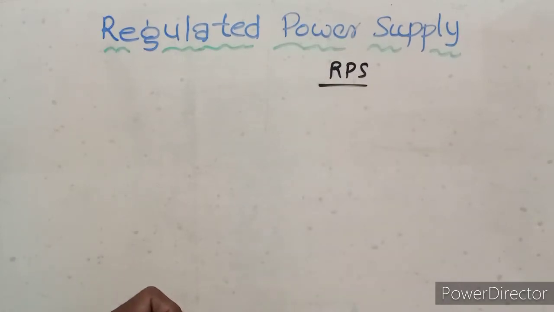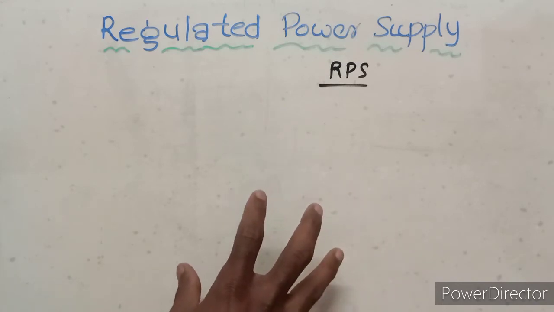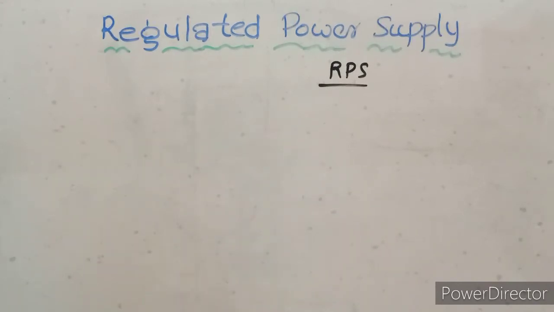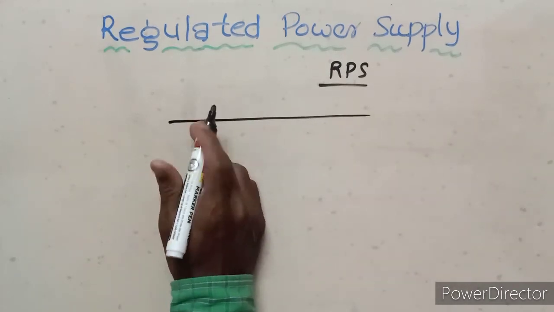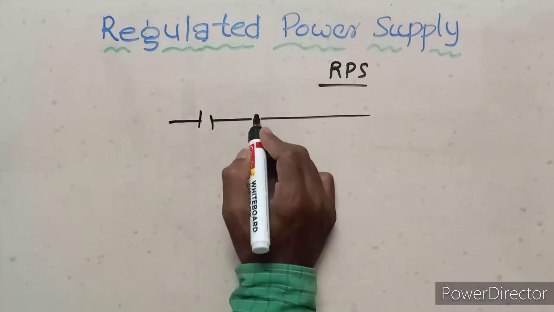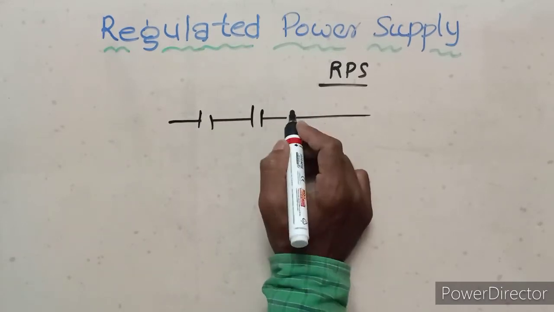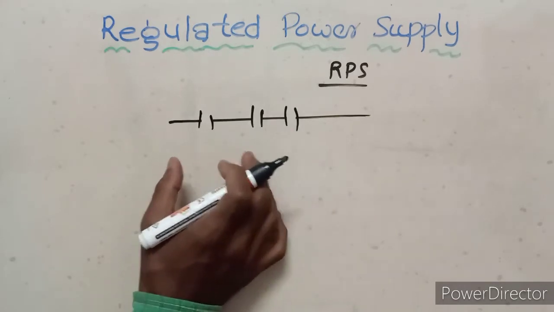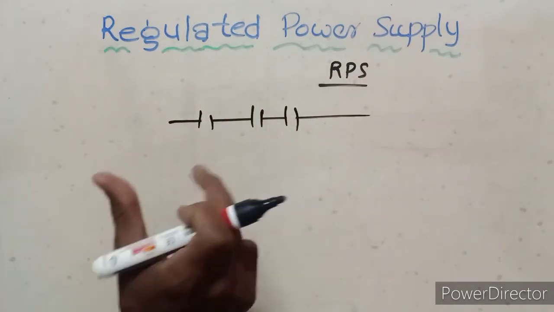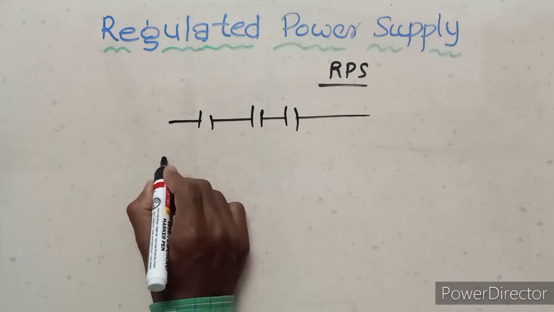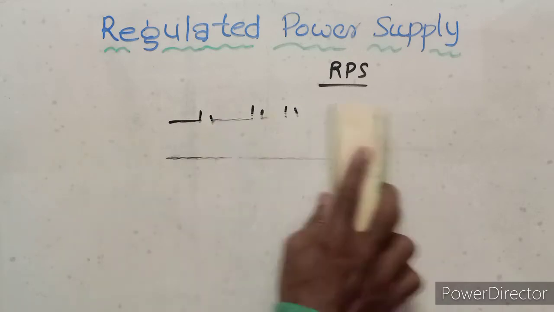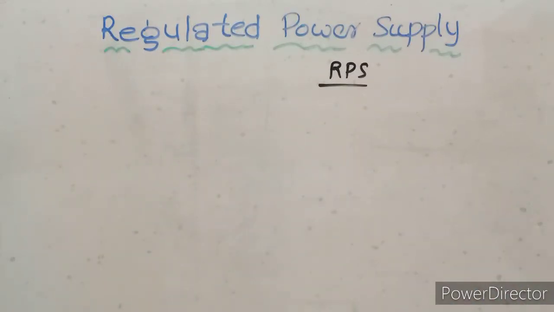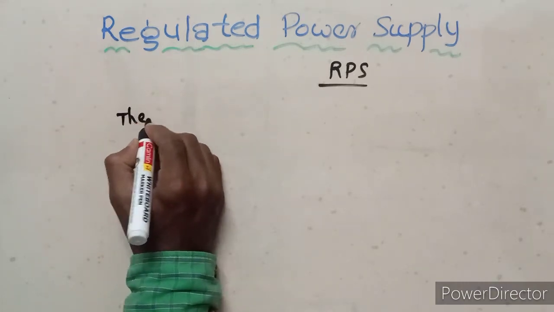In the power supply, regulation means there is a regulation, meaning obedience, that means respective. So regulated power supply means, first of all, the power supply